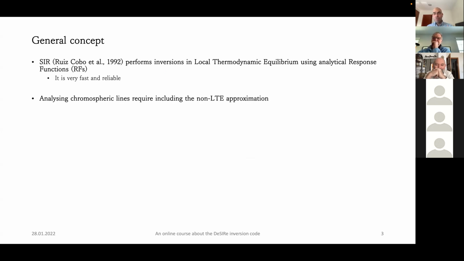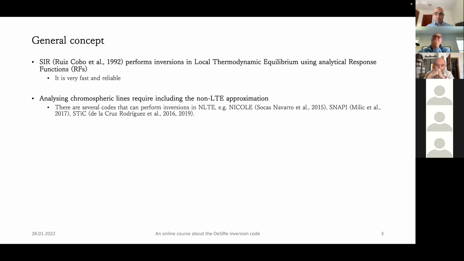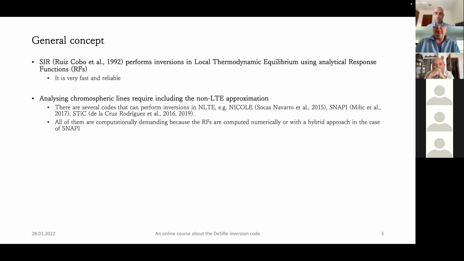But when you move to chromospheric lines and you want to fit them properly, you cannot work in LTE anymore. So you need to include the non-LTE approximation in your code. There are several inversion codes that can do that, for example Nicole, Snapi, and Stic. But all of them are very computationally demanding. This is mainly because response functions are computed numerically by finite differences, or in the case of Snapi using a hybrid approach, but in general they are much slower than, for example,